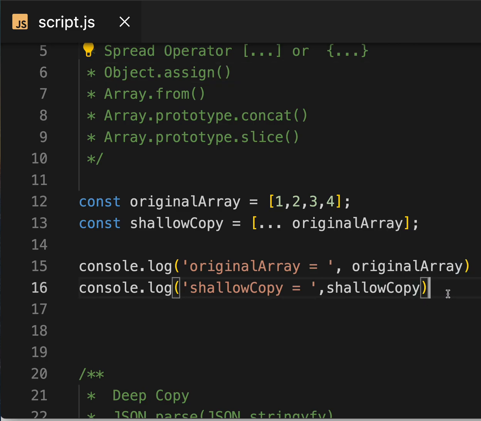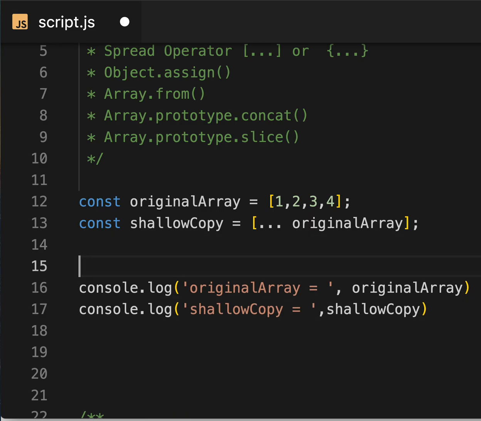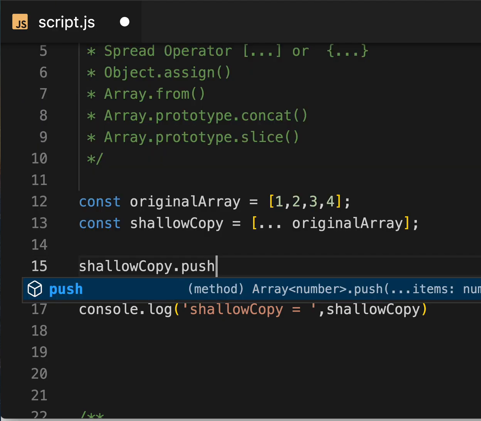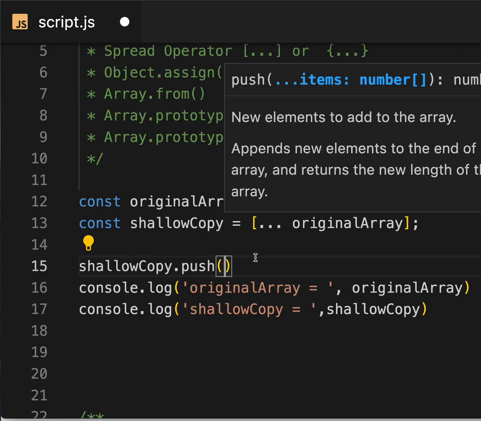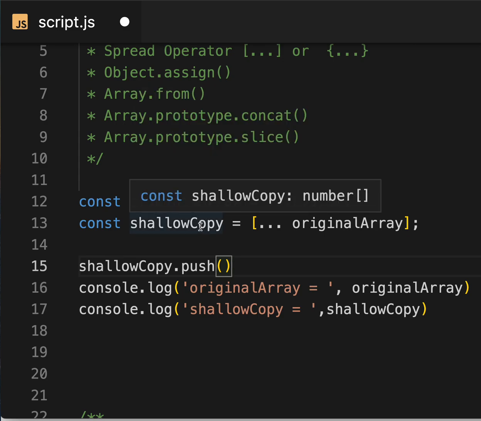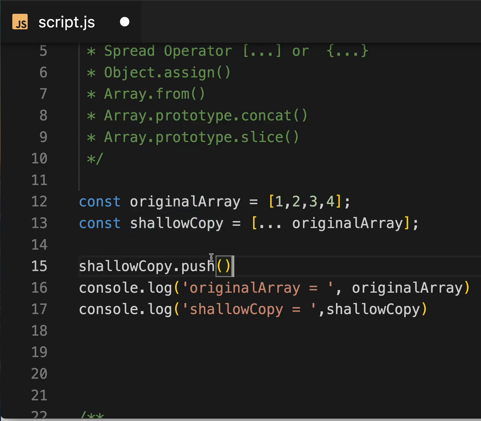So let's do some operation here. I'm going to call push on the shallow copy. I'm not going to push to the original array, I'm going to push here to the shallow copy. I'm going to push 5, because on this array we can do the push operation. Modifying the shallow copy wouldn't affect the original array.